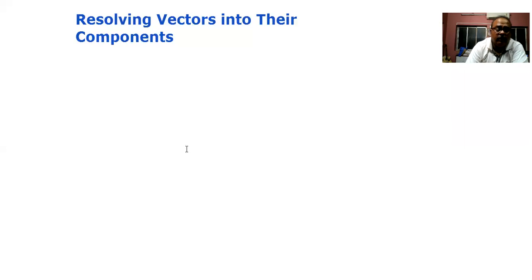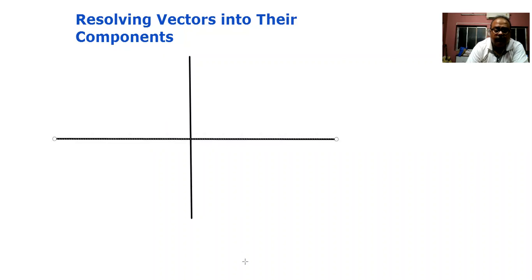So we are discussing resolving the vectors into their components. In order to do that, let me just take the axis something like this. Say for example, a vector is making an angle of, so this is a vector P, and it is making an angle of theta with the horizontal. Now this particular vector will have its effect along two components, one along the x-axis and